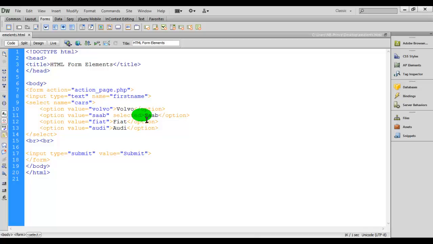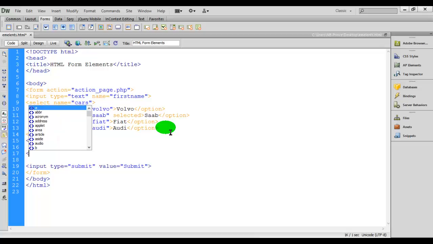Now the next thing is the text area. What is the text area element? The text area element defines a multi-line input field or a text area. So here we will write the code for the text area, and this is usually used for defining a text message box or anything else in which we can write our text.